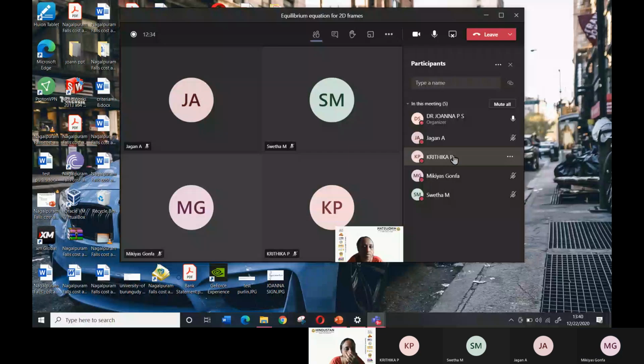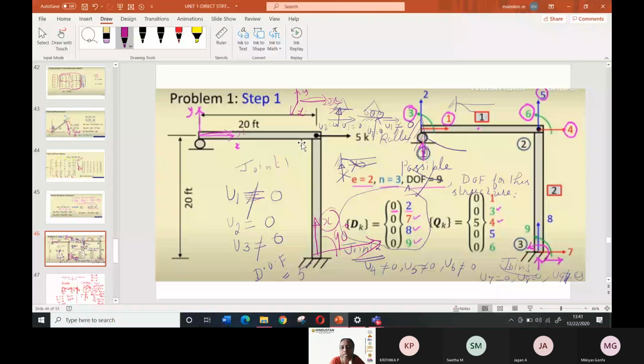So this is the problem we have taken. This is the global direction. So you need not do any R transpose KR. It is in the global direction. But this matrix you have to formulate in the global direction. And what we have learned yesterday is